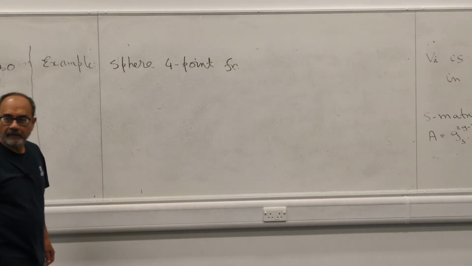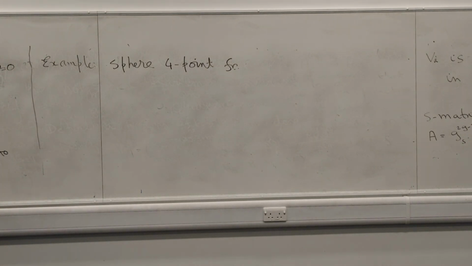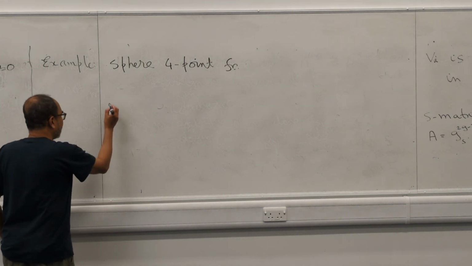Many of you may be familiar with this, but I'll now see how the familiar result comes out of this analysis, and I'll be doing it in two different ways using two different parameters of the moduli space, just to illustrate the point. First I'll do the easy one. So a sphere four-point function, right? So you take